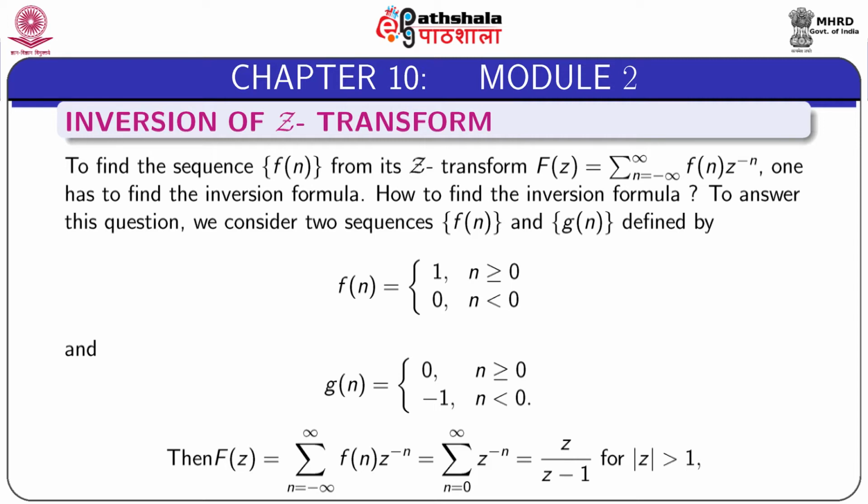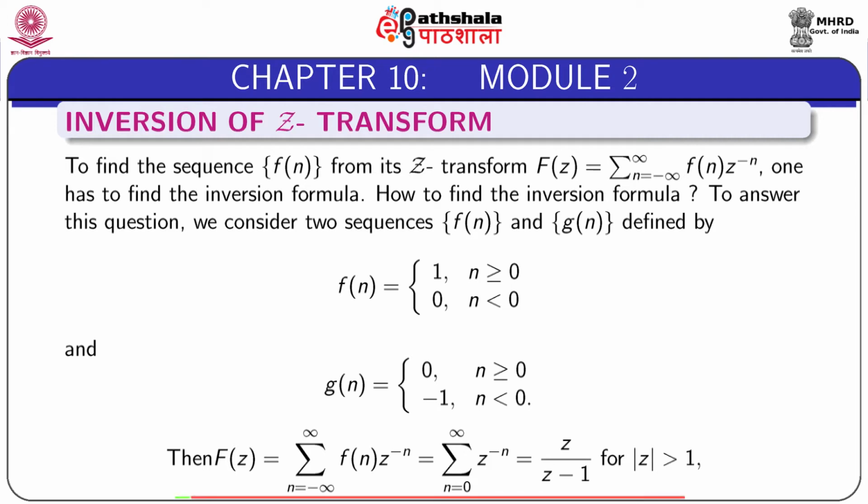Now the question is how to find the inversion formula. To answer this question, we consider two sequences fn and gn, which are defined by fn equal to 1 for n greater than equal to 0 and 0 for n less than 0, and gn is defined by gn equal to 0 for n greater than equal to 0 and minus 1 for n less than 0. Then